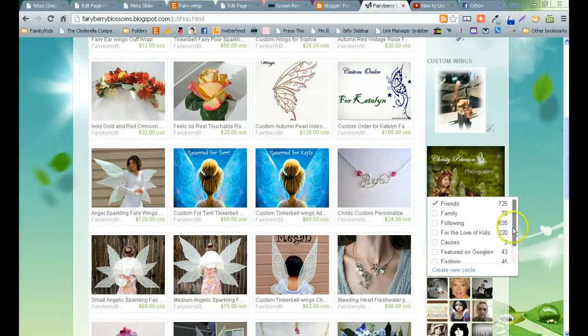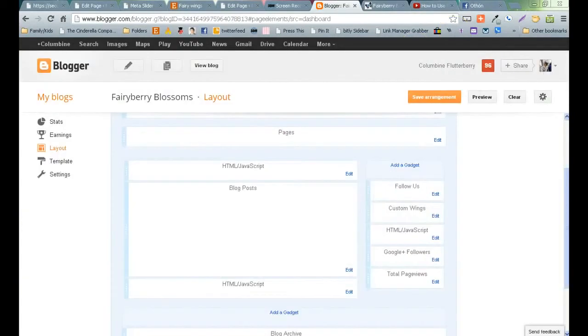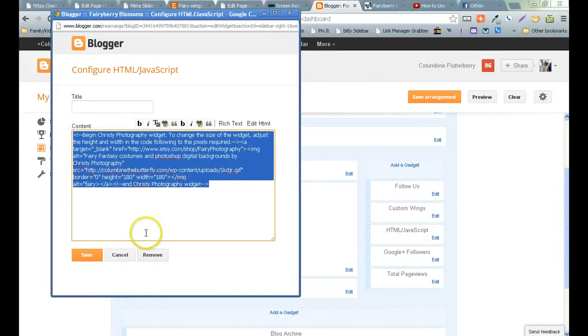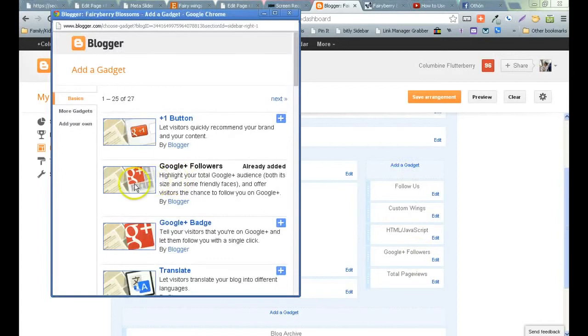And the JavaScript is not working right now because I've got the viewer going, but it does change to several different frames. Now, she has the widget that I have put in here under HTML, and I've just added it to an HTML gadget and then saved it. Okay, so you can also browse the gadget gallery by looking for the